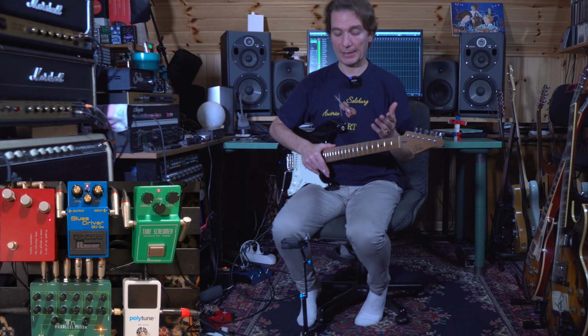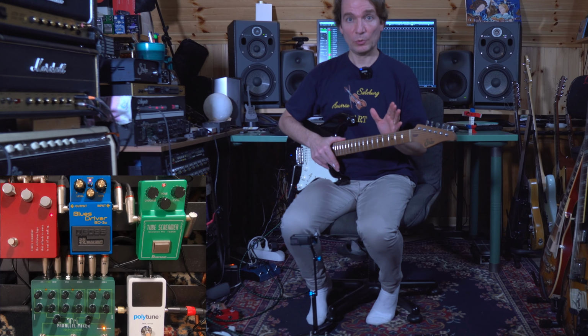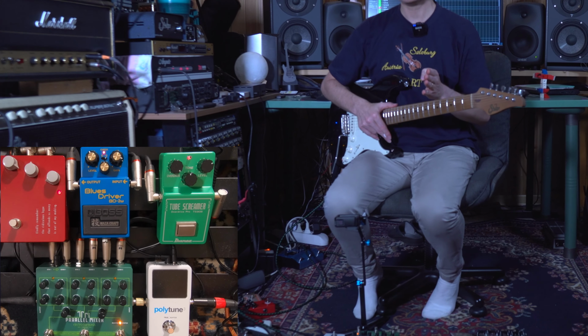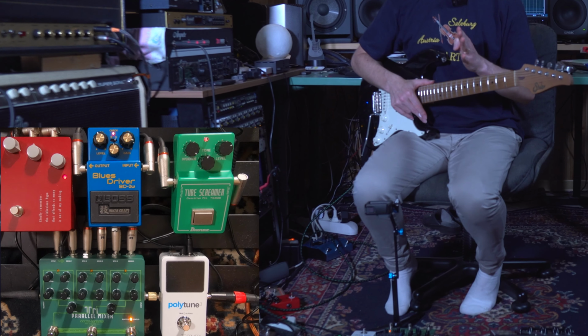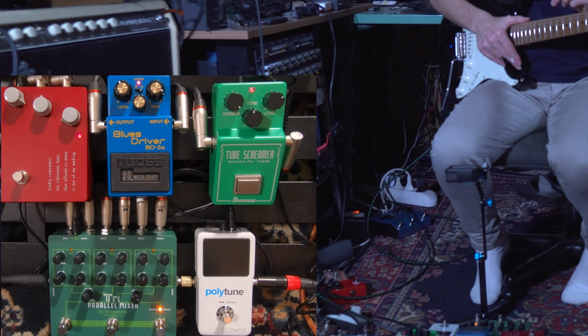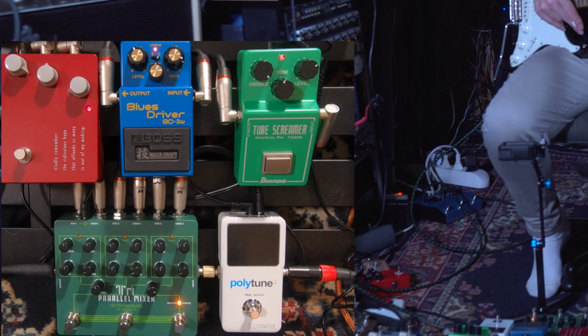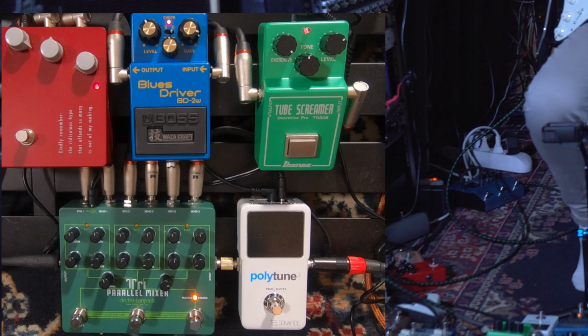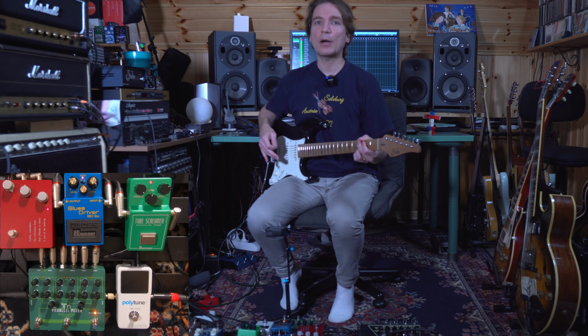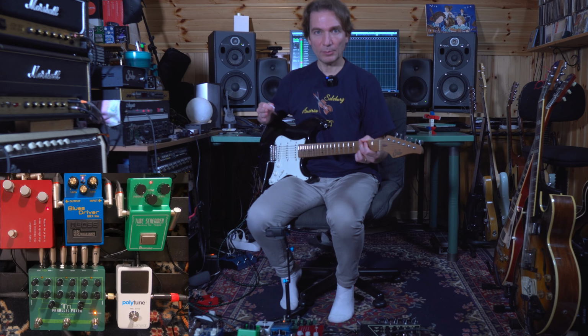How have I set these pedals? The gain is at its maximum level, the tone is at none, and the volume is set in order to have the same volume for all these 3 pedals. Another thing to mention is that the blues driver is set in the custom position and not in the standard one, so it has a much more modern sound. Let's start with the amp alone, and then I will switch on the KLON, the blues driver, and then the tube screamer. Amp alone,